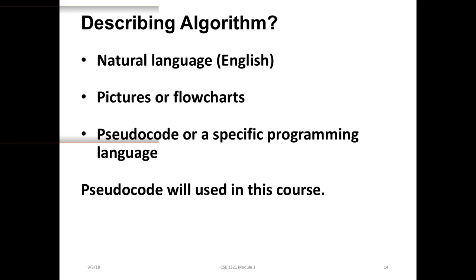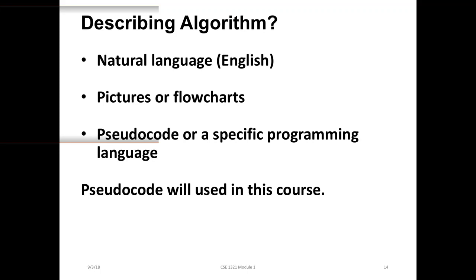Describing step by step in natural language. For instance, if I ask you how to go to downtown, you will tell me to go this way for 10 minutes, then turn left, then go 2 minutes, and then go straight 5 minutes. These are the steps, in natural English. But you can describe this by drawing a picture, using arrows: an arrow, then a left arrow, then a right arrow. You will put 10 minutes, and I will understand that I have to go 10 minutes.